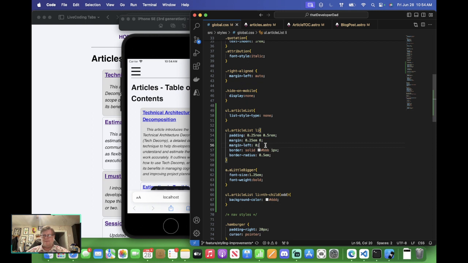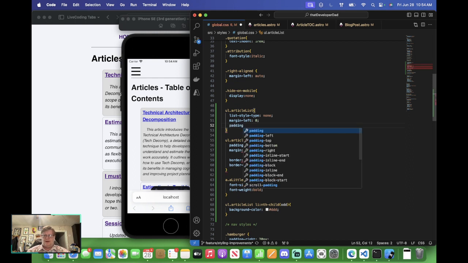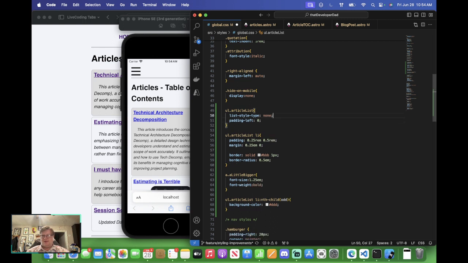That's okay. What if we move it up to this? Padding left, 0. That's it. It wasn't margin, it was padding. Let's comment this to see if we can actually remove it. And we can. And we're going to remove that style directive right now,